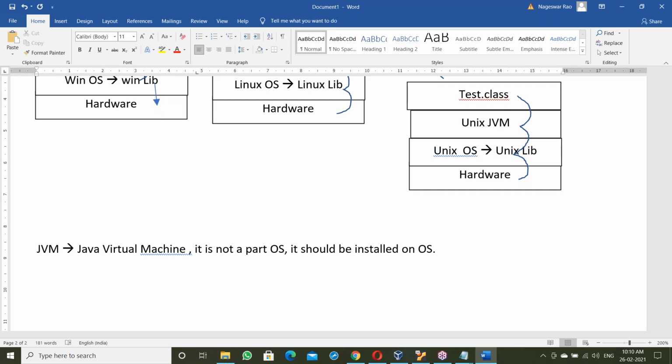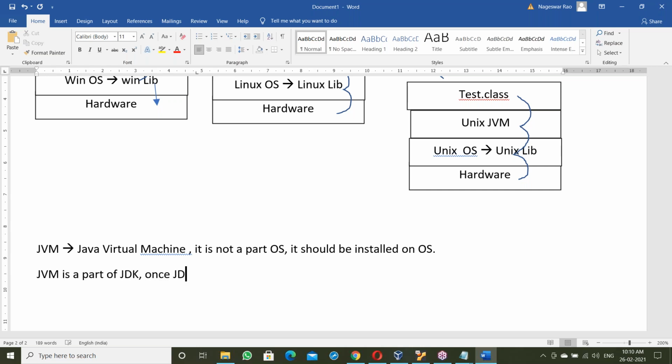See, once the JDK is installed, you get the JVM automatically. The JVM is a part of the JDK.